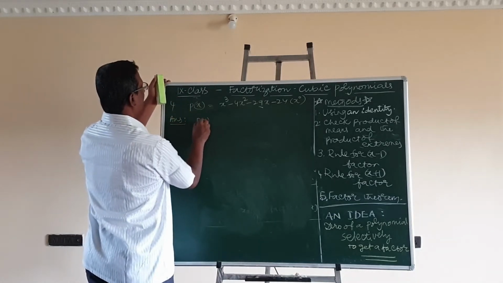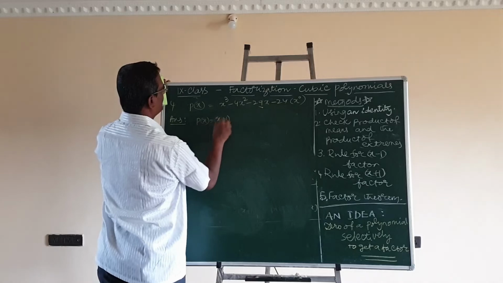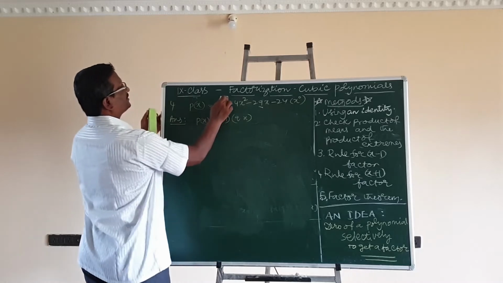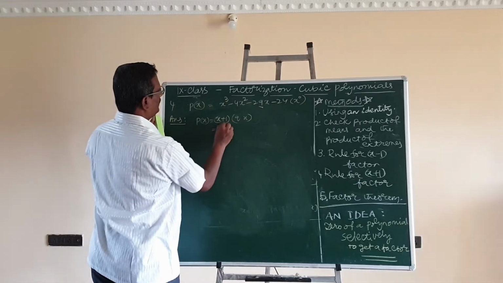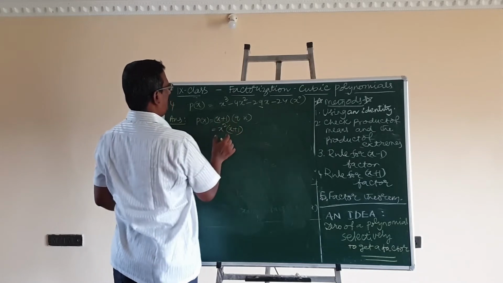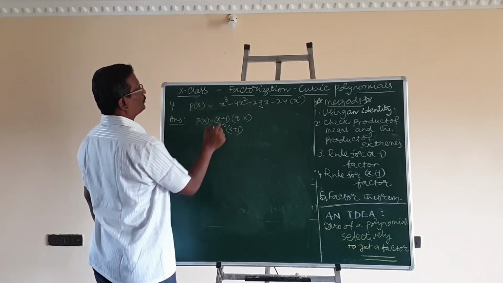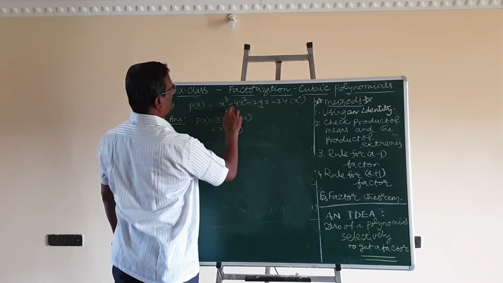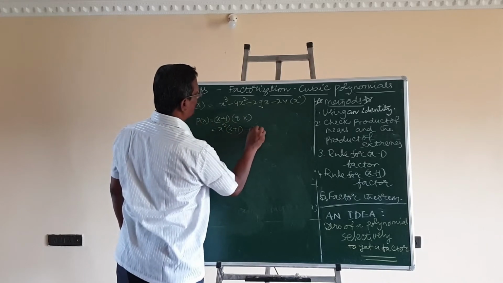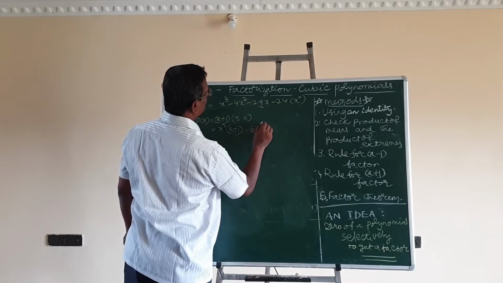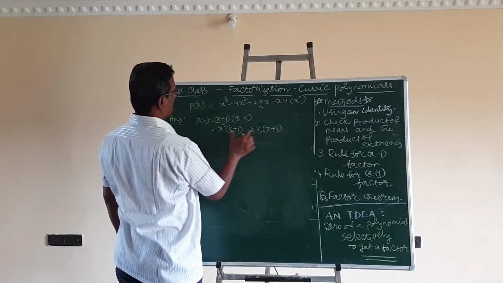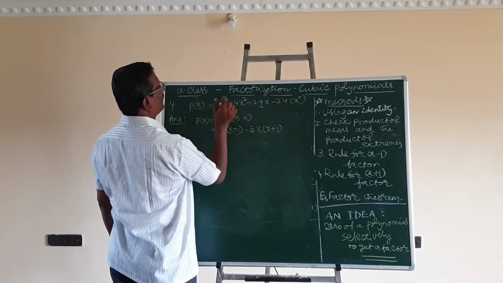p of x is equal to x plus 1 into something. For that, x squared: one of the x is to be displaced by x plus 1. Here x square into x, x cube, it is equal to this x cube quotient, then it is minus 4x square, but here we have plus x square. To get minus 4x square, it should be minus 5x square. Again, by writing x square, minus 5x square and plus 5x plus x square is equal to minus 4x square.